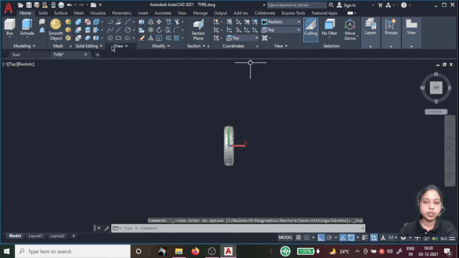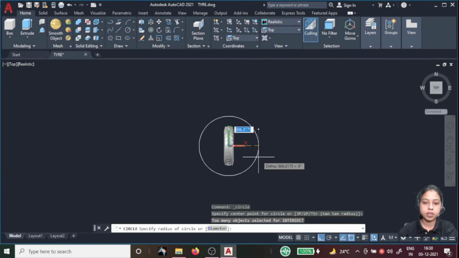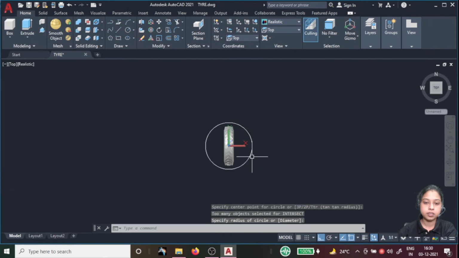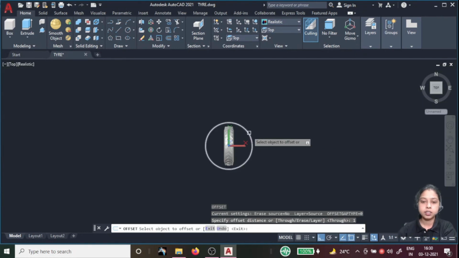Okay, and I'm doing a circular profile. This is my profile, and I'm going to offset it. O, enter, and distance I'm giving 1, enter, and select and give it outside.